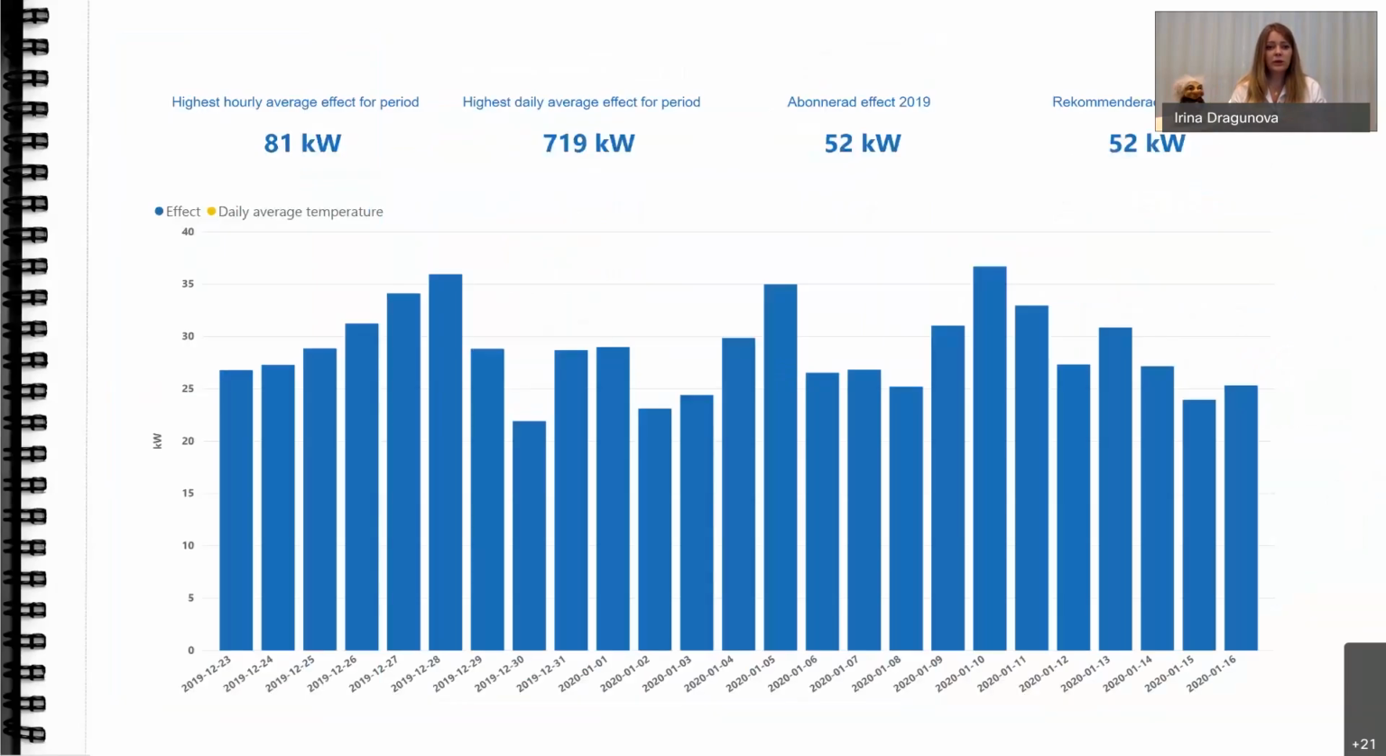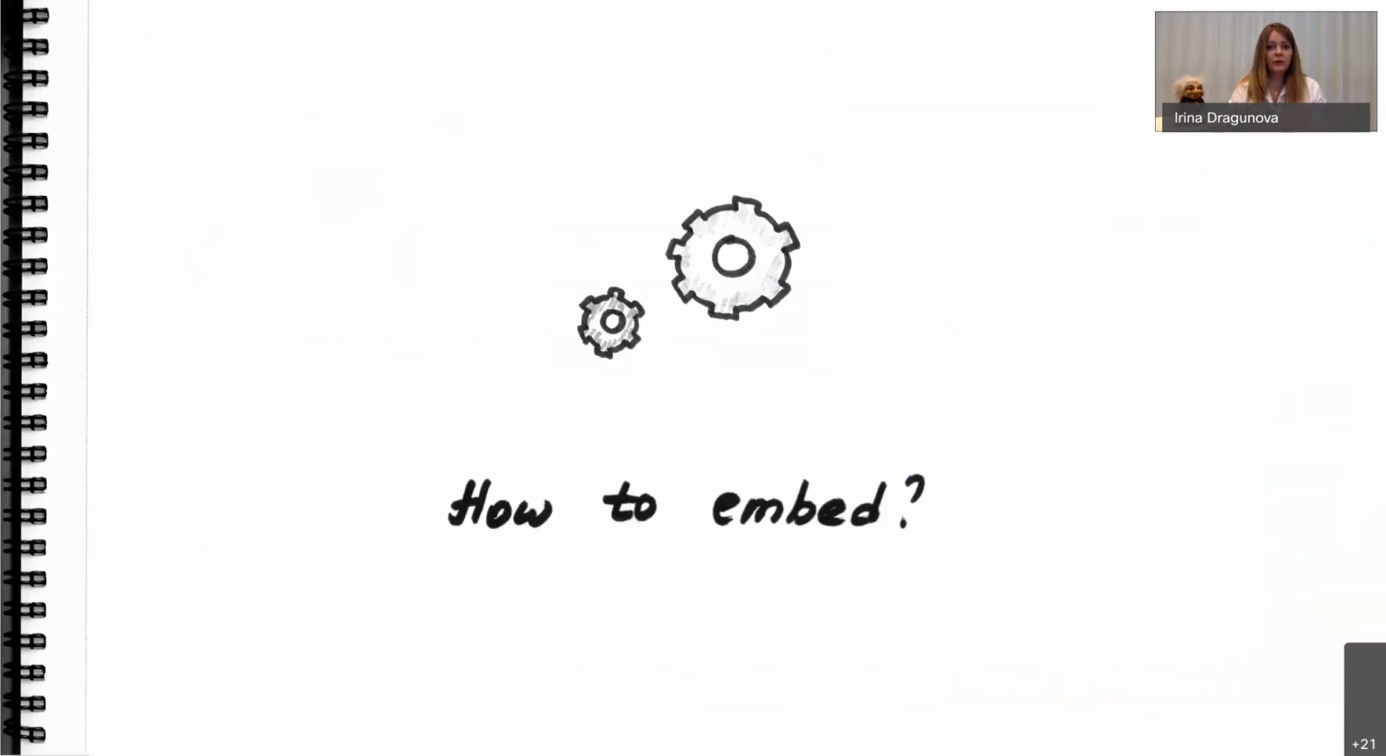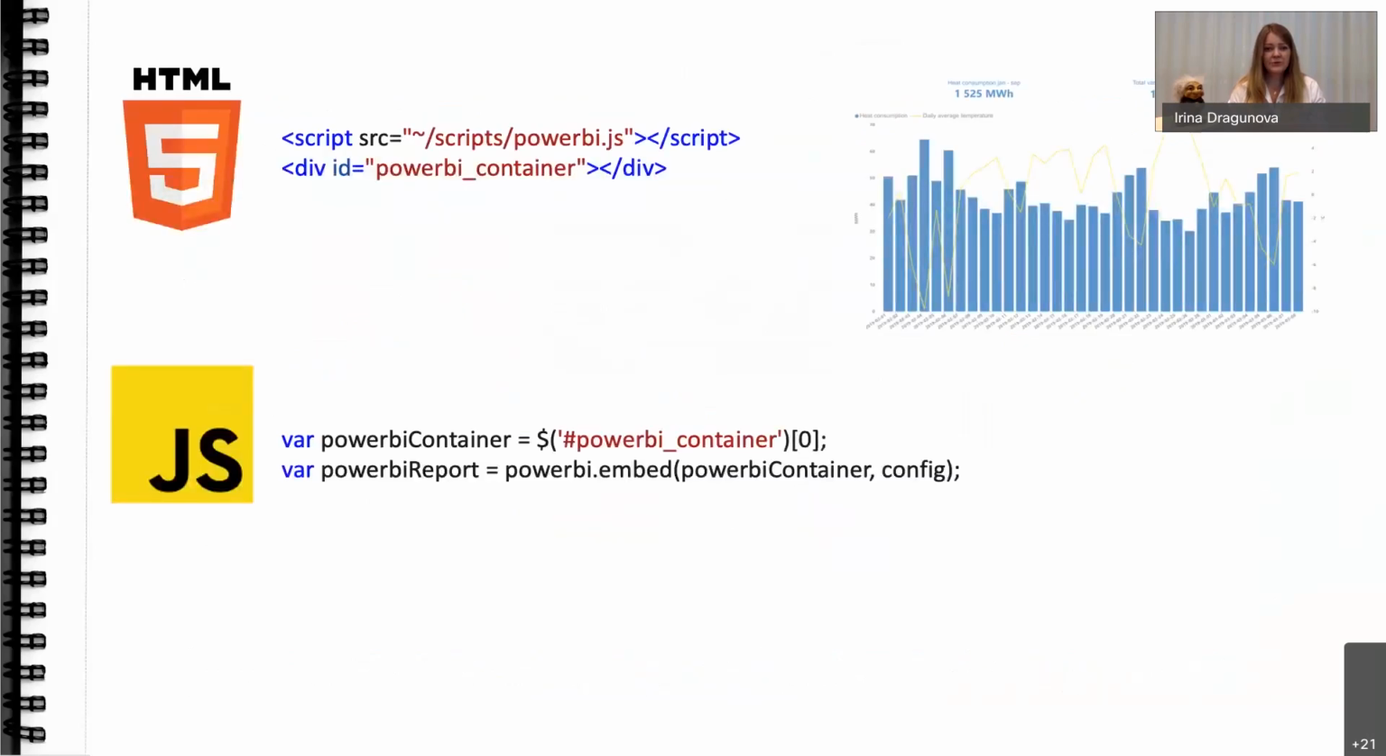So we got the data, built the model, created the Power BI report. Here is the report. Let's look at how to embed a ready Power BI report in our web application using JavaScript. First of all, we need to include the Power BI JavaScript library provided by Microsoft in our HTML page, and then